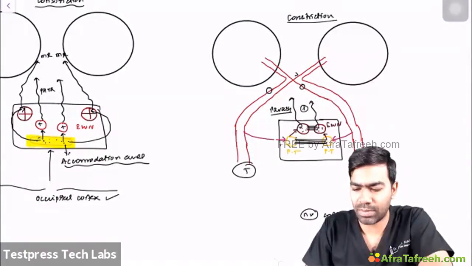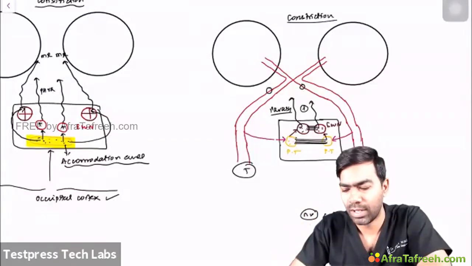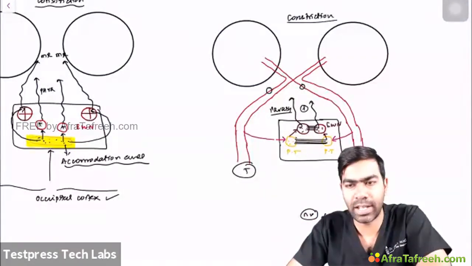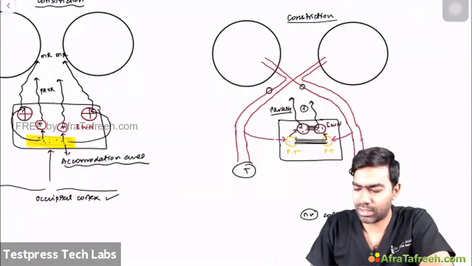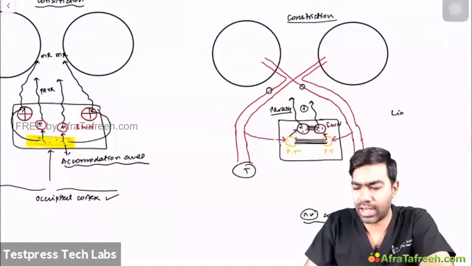So to get a consensual light reflex, you have so many reasons. First, it starts from the crossing at the chiasmal level, which means the stimulus, even if it's given in one eye, is going to go to the other side also. And there are also strong connections between the Edinger-Westphal nucleus and the pretectal nucleus itself. So that is the reason for the consensual light reflex. Anyways, fine. So this is the light reflex. And of course, here there is no cortex required at all. So for a light reflex to happen,